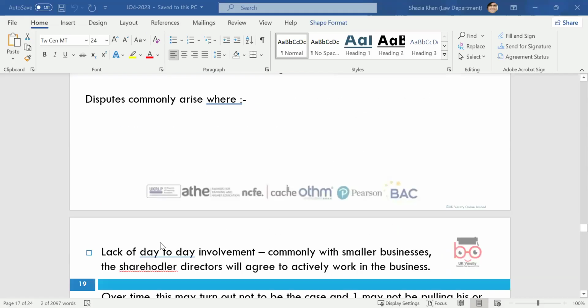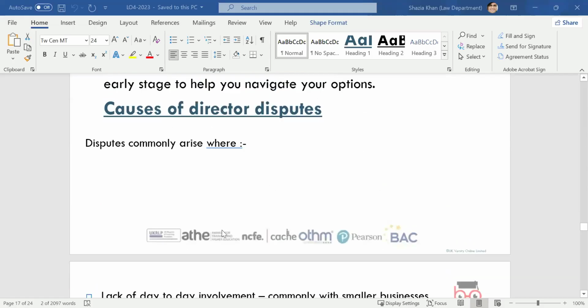Causes of dispute could be things like common causes. It may be disagreements over the company's direction, or over the company's growth plans or investment strategies. It could be conflicts over profit as well, salaries, or the use of company funds. Again, it could be disputes from one director attempting to be a strong director, dominating everything.